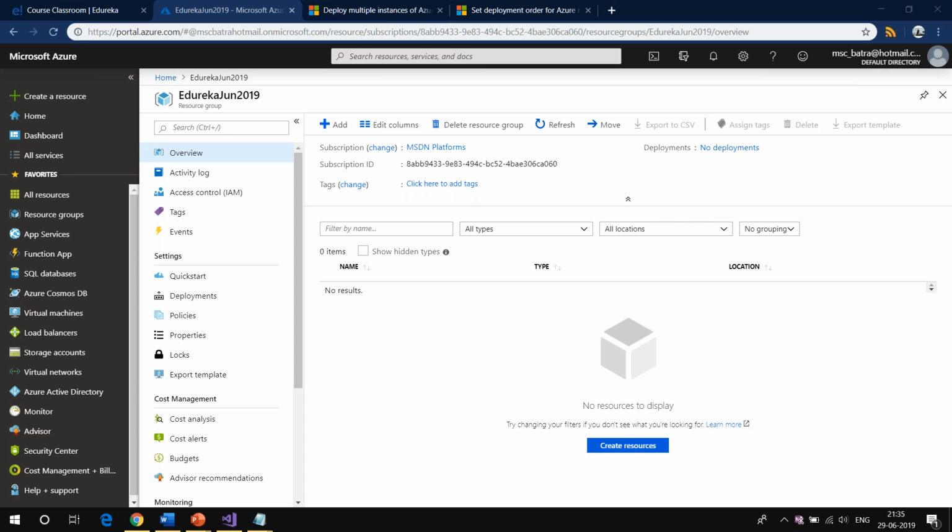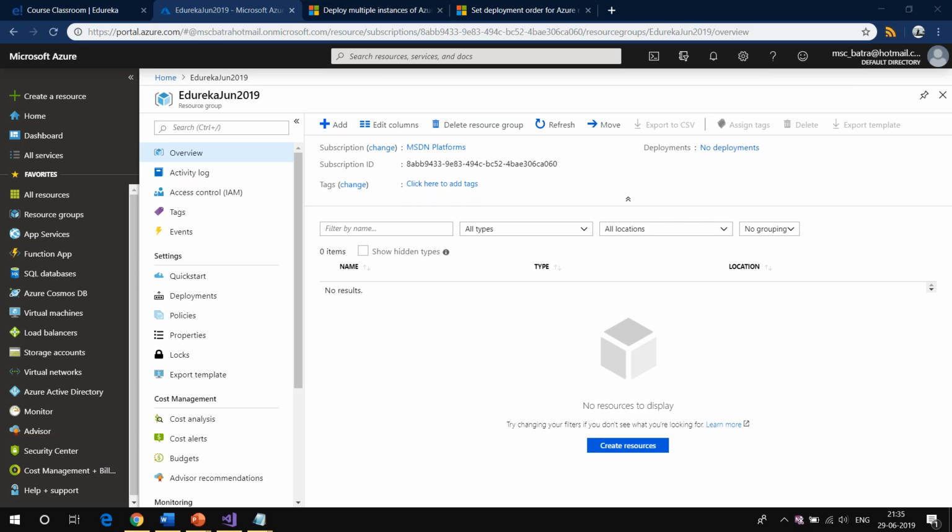And Ashish is saying, if I want to migrate a VM from resource group 1 to resource group 2. Yes, Ashish, once you create some resources, not all but some of the resources, you can move from one resource group to the other. And Roshan is saying 1 month. I think that's already answered, about the free trial subscription.